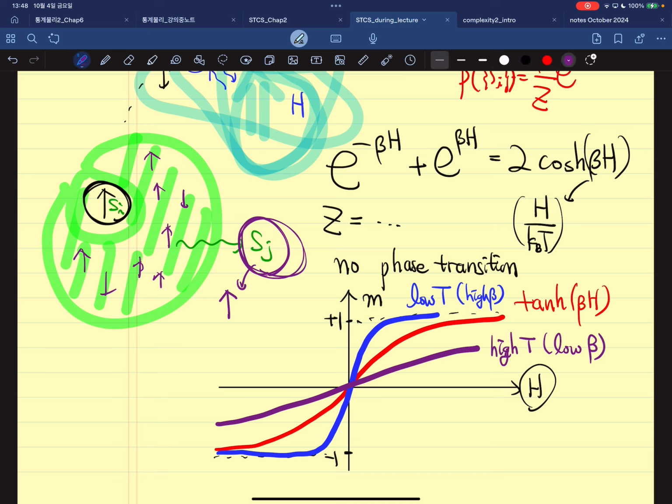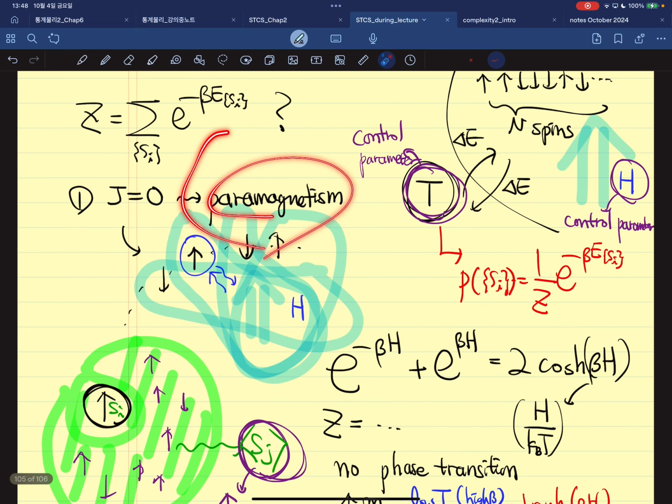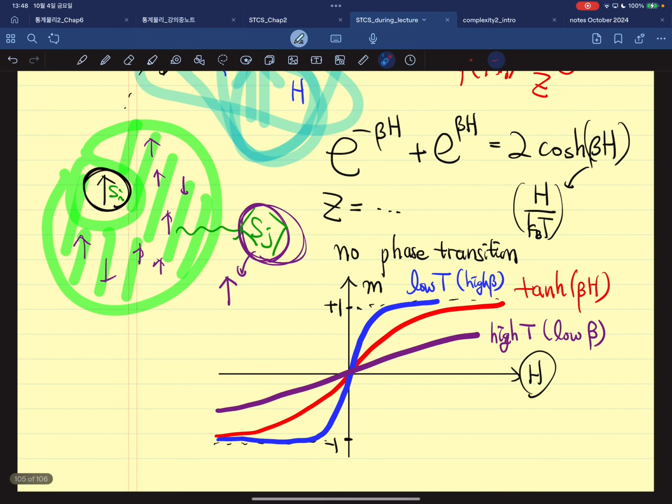So what they're trying to say is, one easy way to solve this Ising model is treating all of these other spin variables as a single average spin variable. Again, which is exact for the paramagnetism. But for the real Ising model,